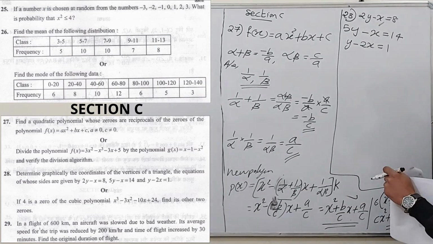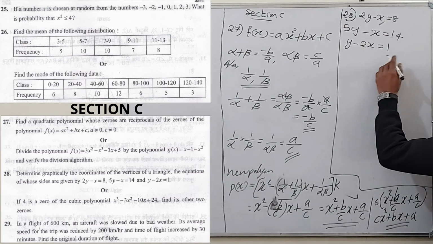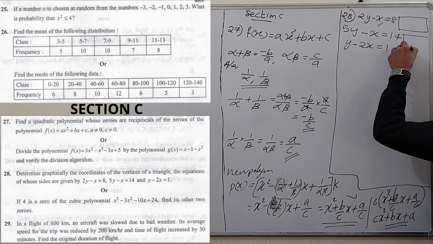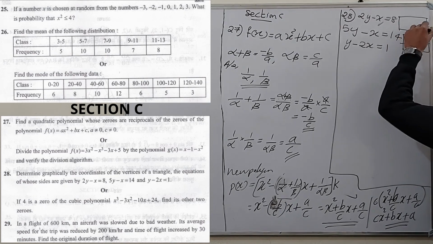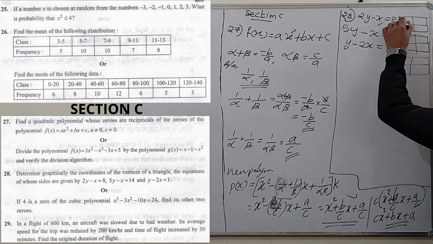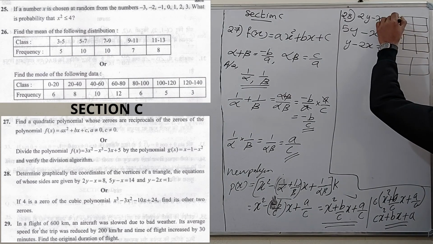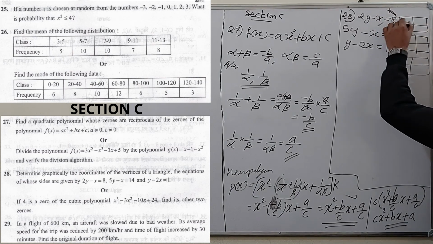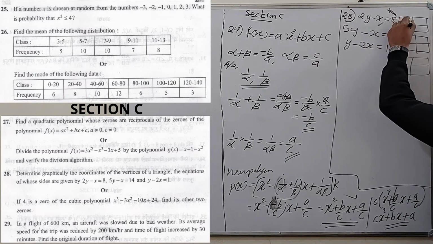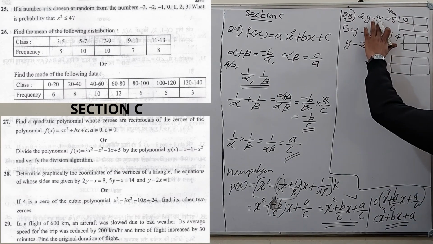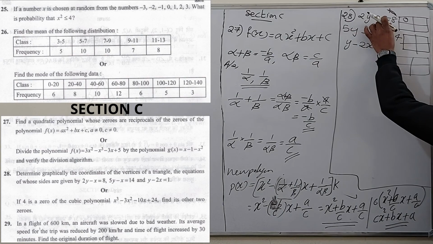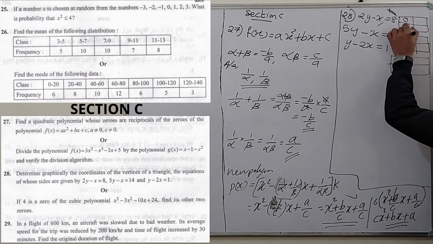So here, first of all we need to find two points for each graph, two coordinates on each graph. The upper side is the x value and the lower one is the y value. For this, first I am going to put x equal to 0. So when x equal to 0, 2y is equal to 8, as this term will be 0. 2y equal to 8 means y will be 4.